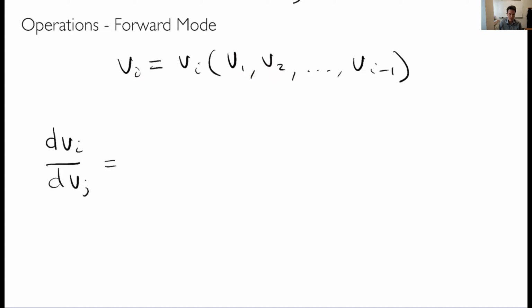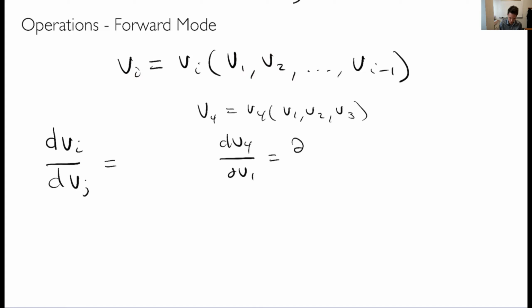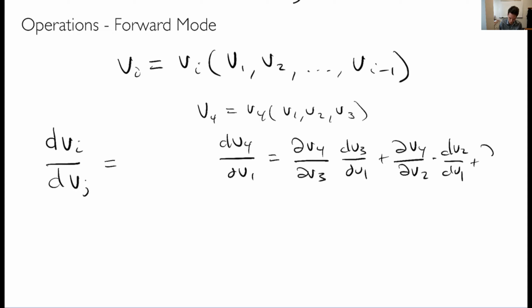And so I'm going to have to use the chain rule. Just to give you an example, let's say V4 is a function of V1, V2, V3. I have to use the chain rule. The derivative of V4 with respect to V1, for example, is going to be the partial of V4 with respect to V3 times dV3/dV1, plus the partial of V4 with respect to V2 times dV2/dV1, plus the partial of V4 with respect to V1. So